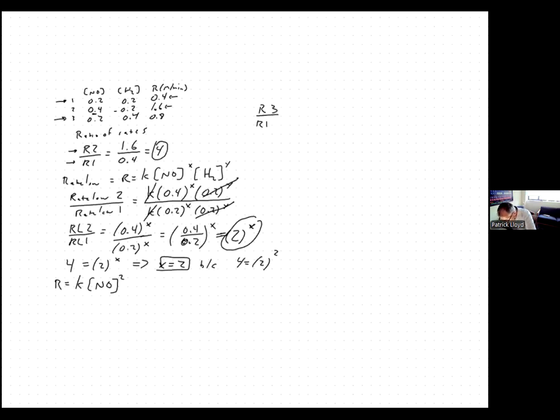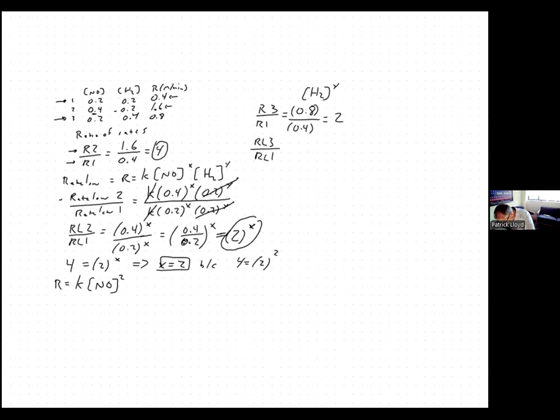and that's going to be 0.8 over 0.4. You don't need to put the parentheses in, I just am doing it. And that's equal to 2. Again, we're trying to figure out hydrogen here. Over here, we already figured out the nitric oxide. And then the same thing, we're going to do the ratio of the rate laws for experiment 3 and experiment 1, trial 3, trial 1. So rate law 3 over rate law 1